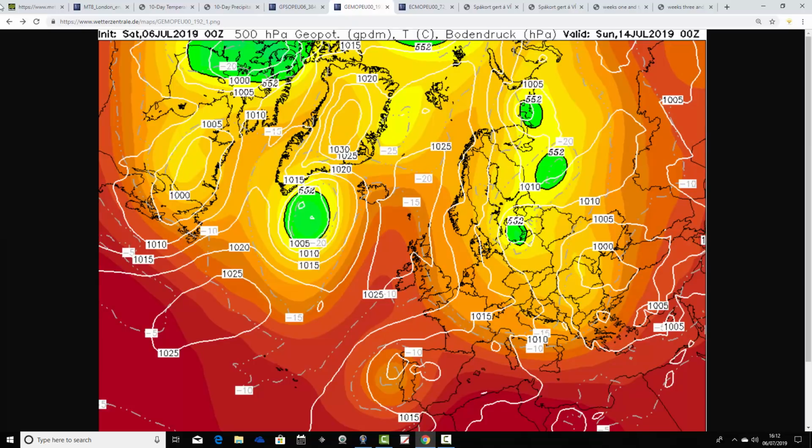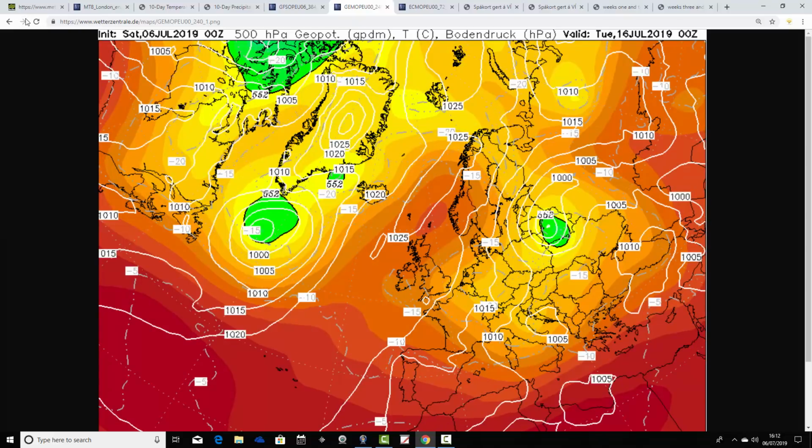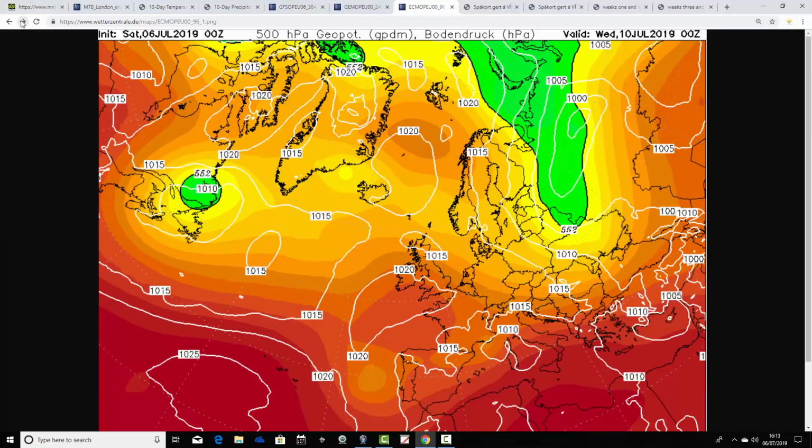Could keep some cloud and showers going around those eastern coasts, but overall it looks like high pressure re-establishes next weekend and takes us through to day 10, which is Tuesday the 16th of July. ECM again is rather showery as we go through into Tuesday across the far northern part of the country, this area of low pressure, but otherwise we're actually under a ridge of high pressure on Tuesday,